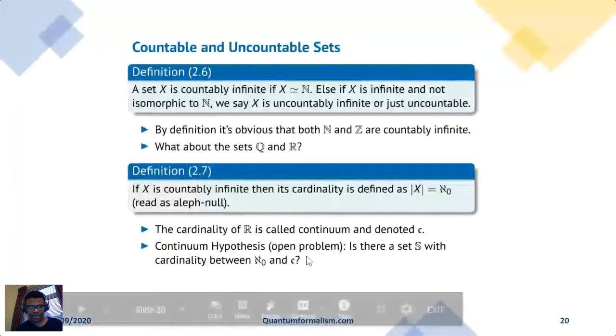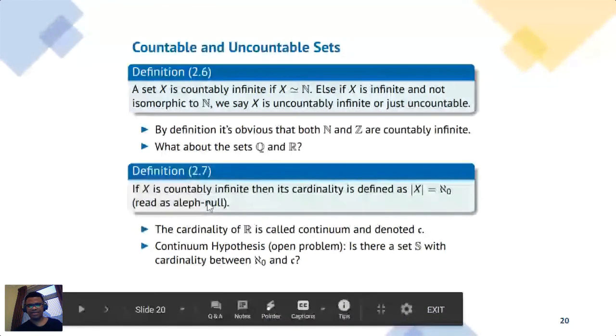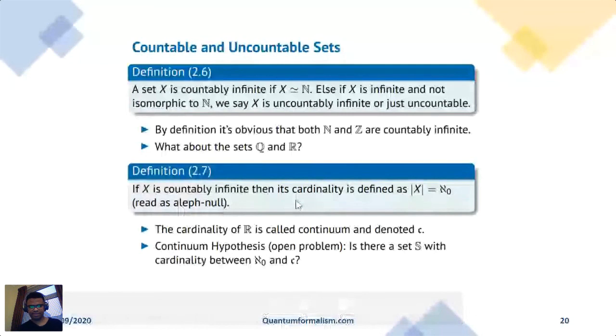Yeah. So this is just a name, the name of the cardinality. If it's countably infinite, it means it has the cardinality of N. So we say it has Aleph null. That's what I mean. If that answers your question, it's just a labeling.